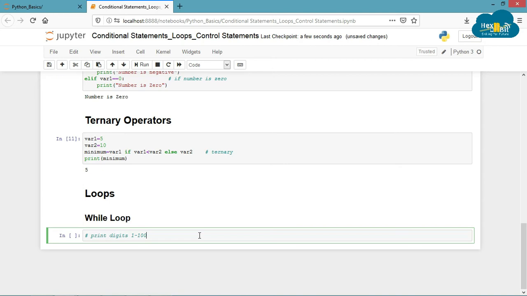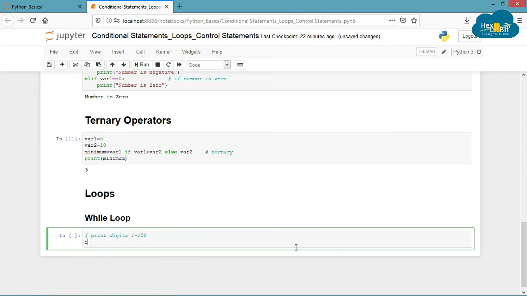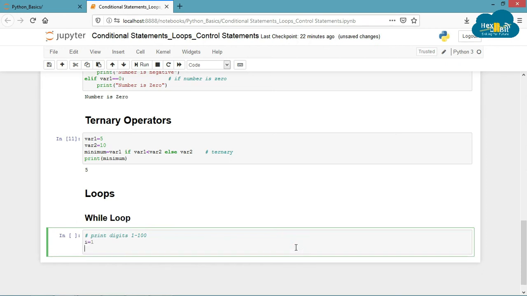Let's see an example of a type of loop which is called a while loop. As the name suggests, this loop will run while some condition is met. Let's define a variable I and assign it the value 1 by writing I equal to 1. Now let's write our loop and its condition. Since we want to print integers up to 100, we'll write while I is less than or equal to 100